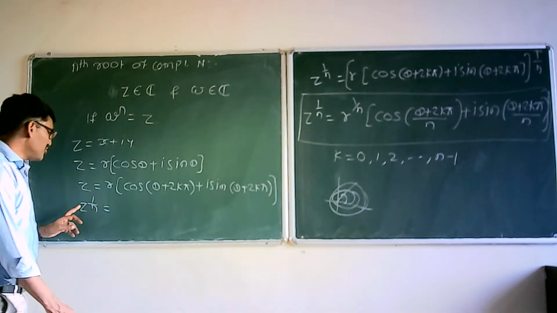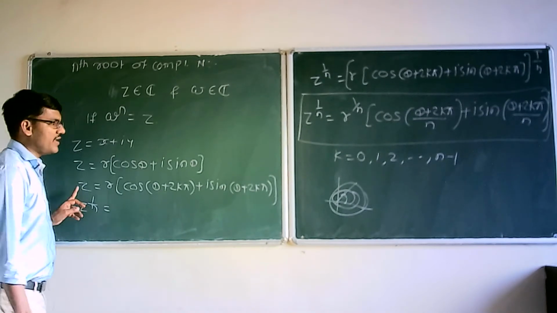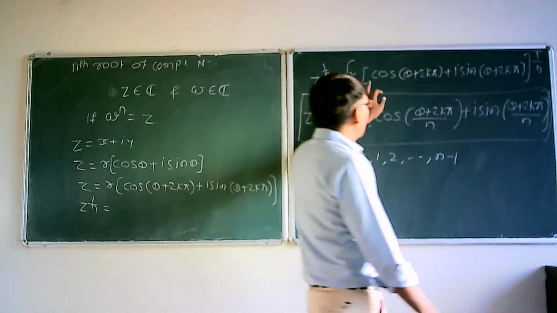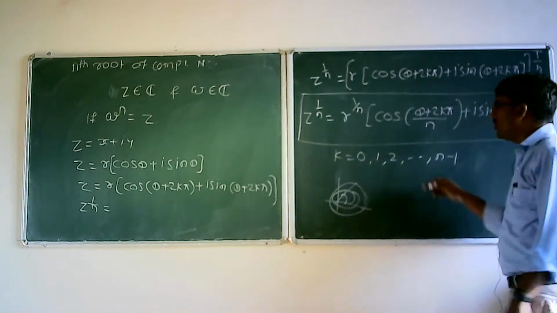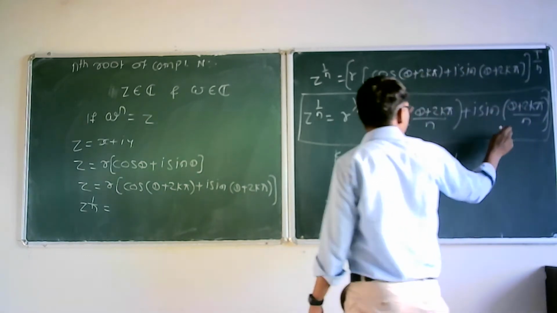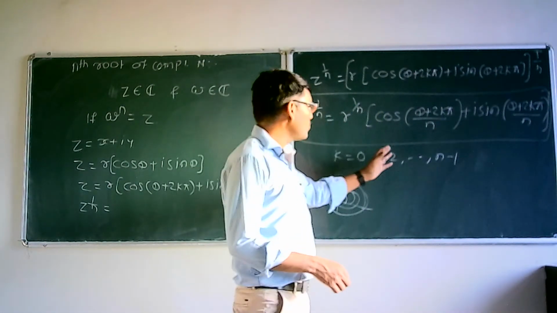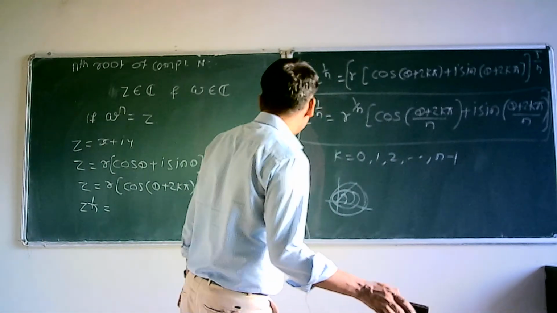And since we want to determine the nth root of the given complex number, that means z raised to 1 by n, by using De Moivre's theorem it is equal to cos of (theta plus 2k pi) divided by n plus i times sin of (theta plus 2k pi) divided by n, where k is from 0, 1 up to n minus 1. For example,